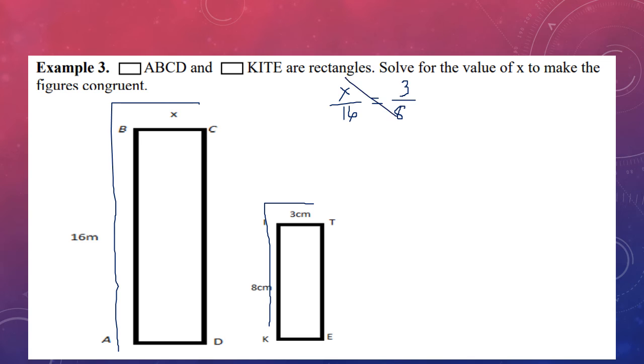Then cross multiply. So that is 8x equals 16 times 3. So 6 times 3 is 18. Carry 1. So 48. Then divide both sides by 8. You have the value of x. So it cancels out. So the value of x equals 6